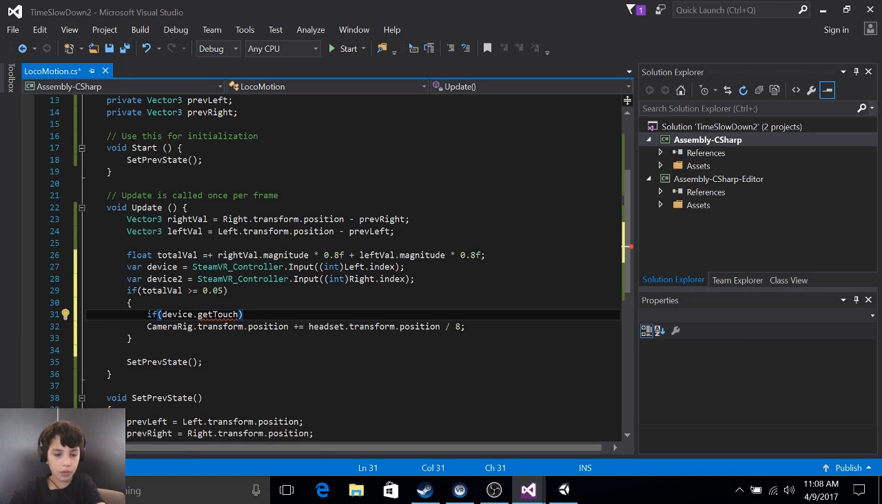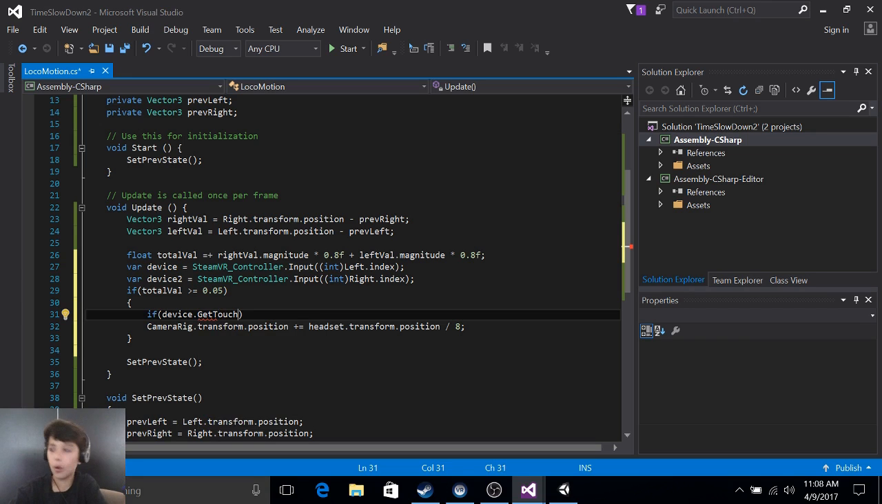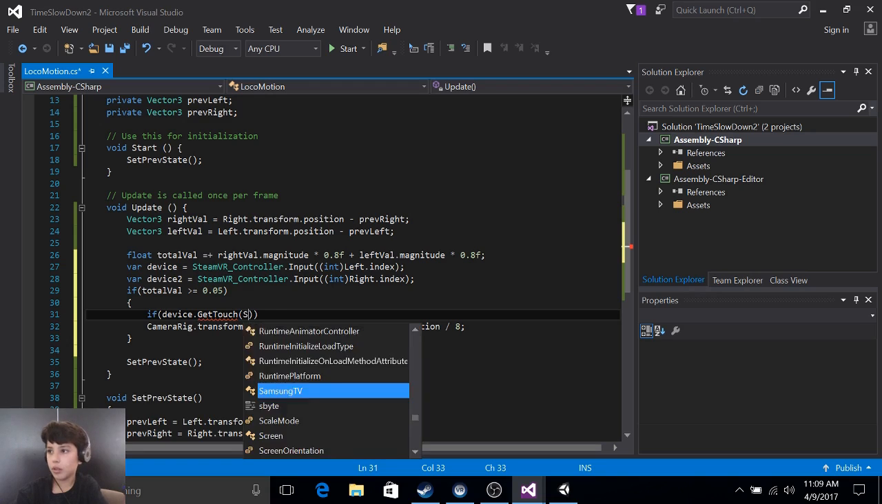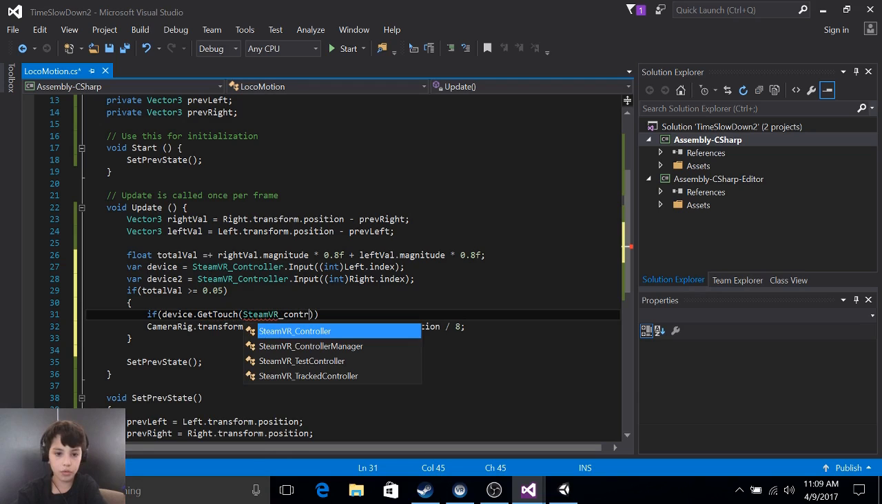So if you touch, what you can do is get touch, which is while it's held down; down is the instant it's down, and up is right when you release. So we want it, while you're holding it, to do this. We're gonna do SteamVR controller